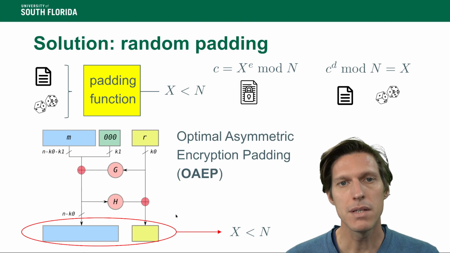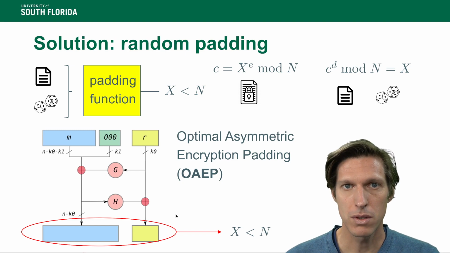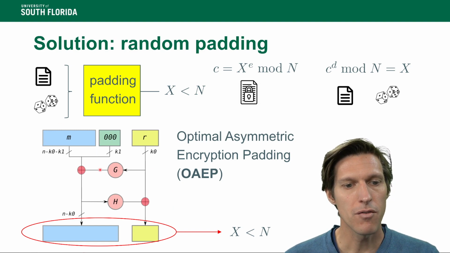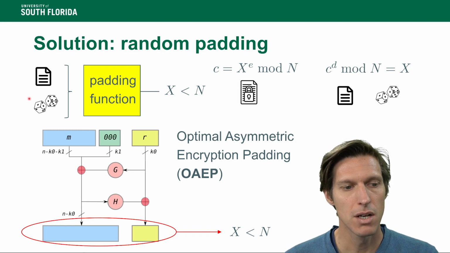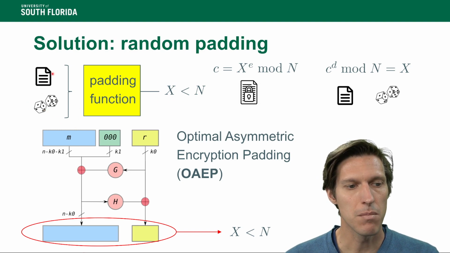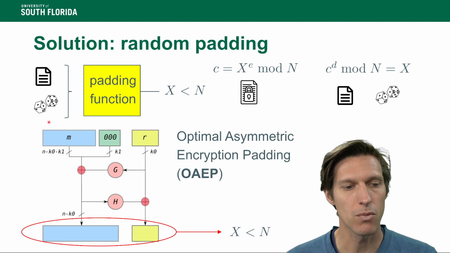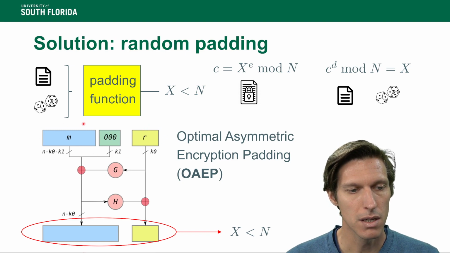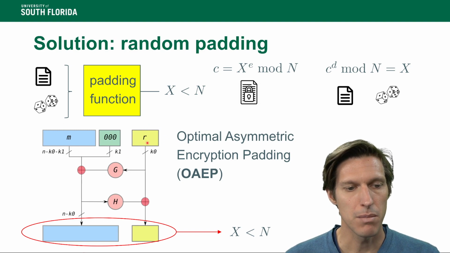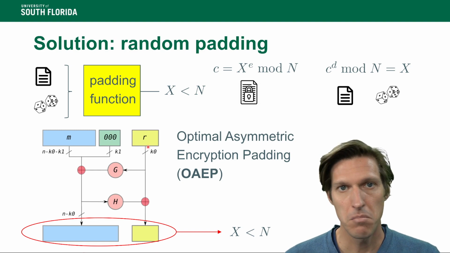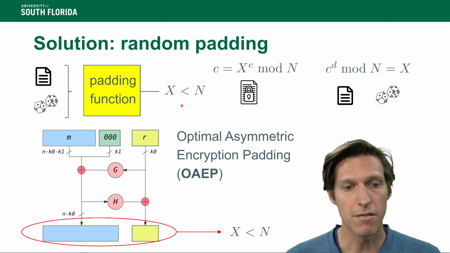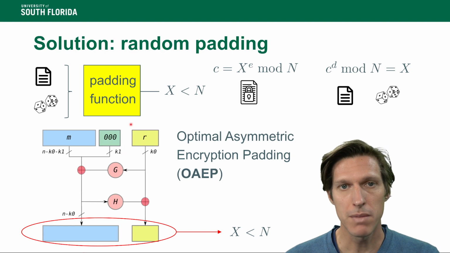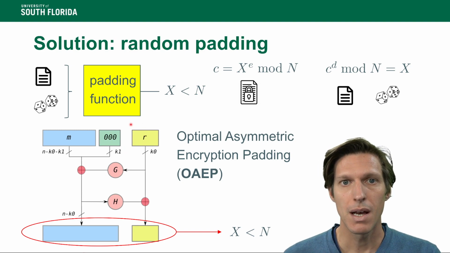Now, there is a legitimate question one could ask here: well, if all we care about is to produce many different X's for the same plain text and different values of the randomness, then why don't we just take X to be this, okay? You can take M, put it side by side with the randomness, and that will produce you a different X every time you change the randomness, right? It will. However,